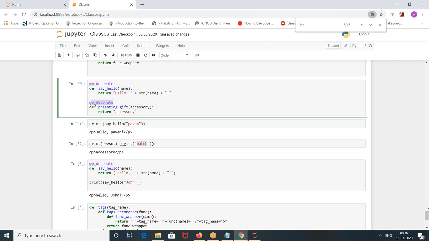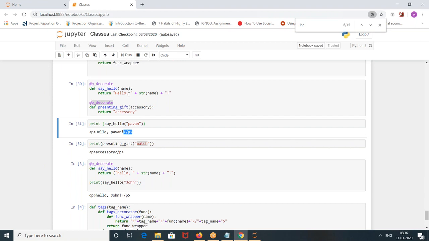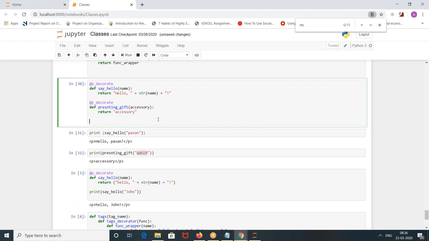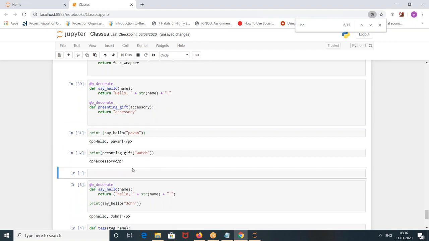See, this greater than p, less than p, this decoration is there, no? When I said hello to Pawan, I called this decorator. This got applied. When I was presenting gift to Pawan, I called this decorator. Suppose you are attending one more friend's marriage. So just pass the variable. Again, it will come as p accessory p. Whatever you understood, right?